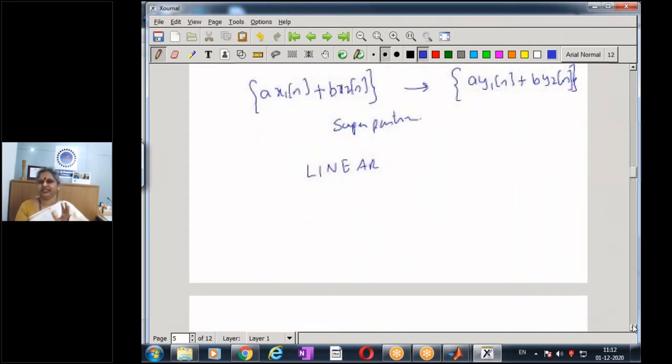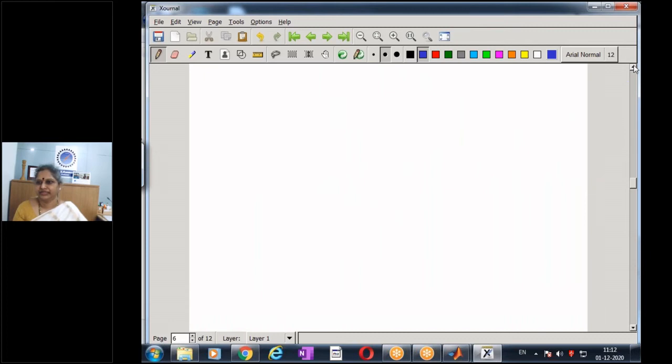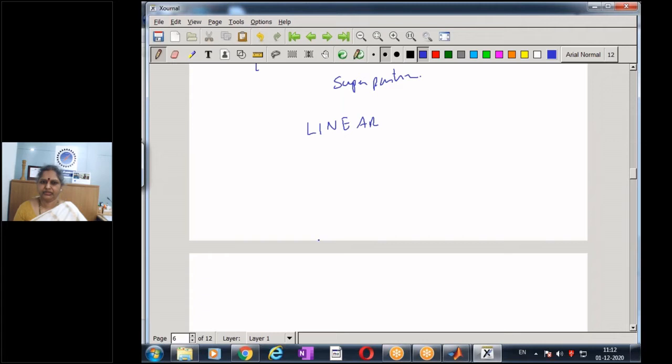Now let's take a case where we are given a system in a black box. We do not know the system, and we have only the input and the output. We have the provision to give some input, and we have the option to read the corresponding output, and the whole system is covered. It's a black box, so we do not know what is inside the system.